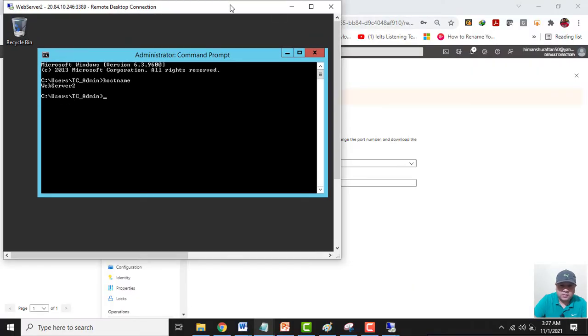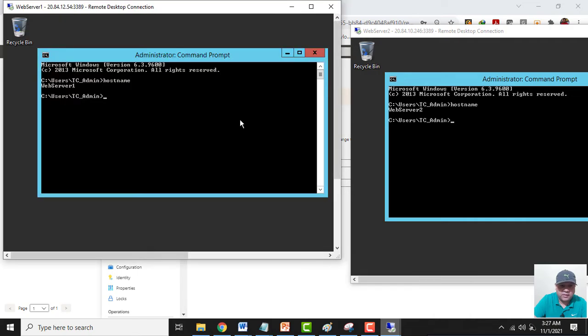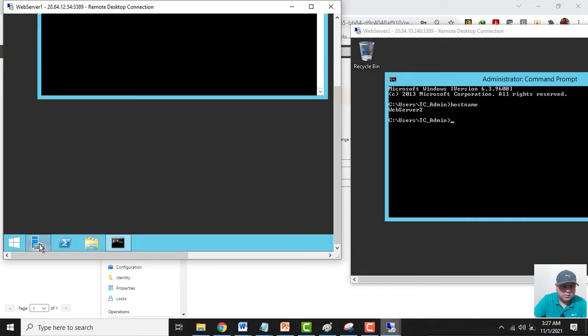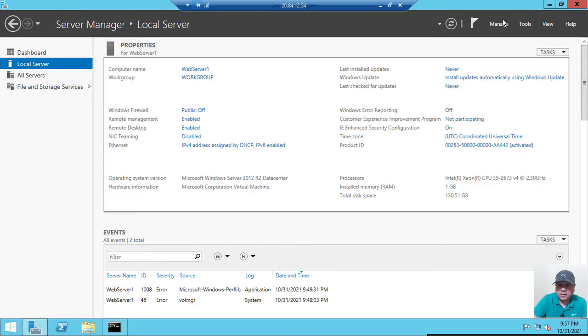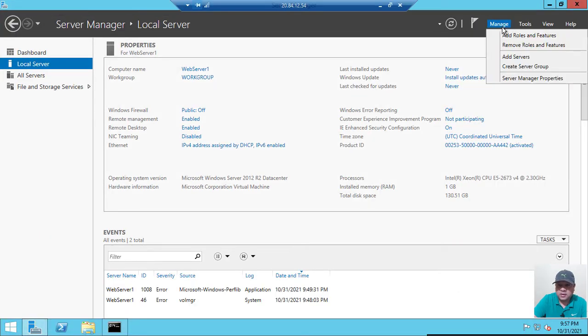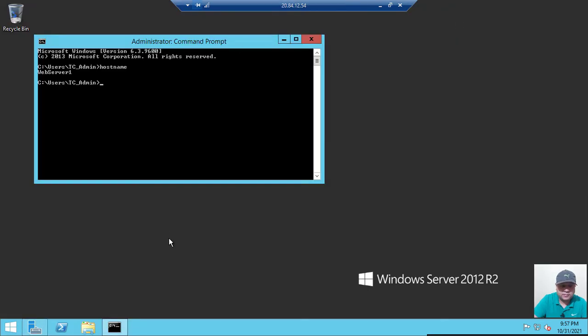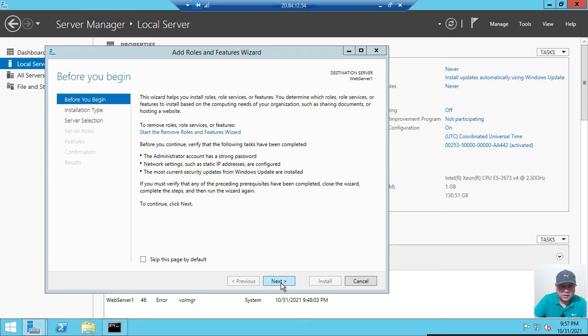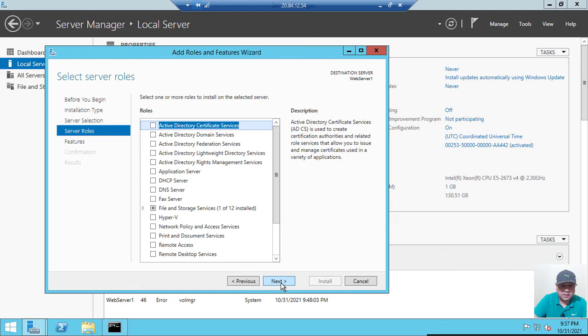Now I will configure IIS on both web server 1 and web server 2. To do that, let me go to my server manager. Go to manage, add roles and features. Click on next, next, next.